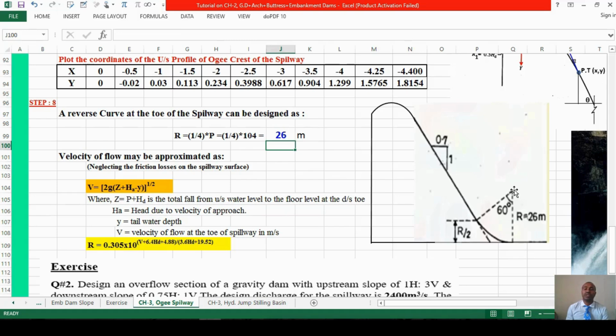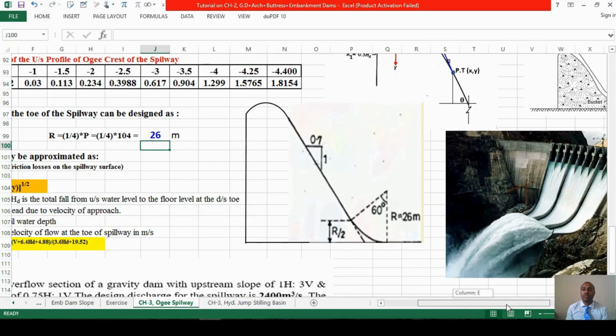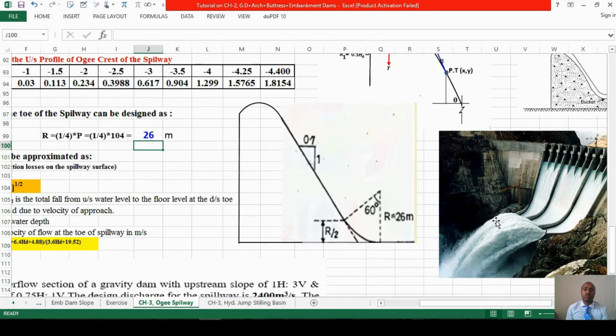So a 26-meter radius with a 60-degree central angle, you can provide this curve to guide the flow into the air so that the downstream river region will not be damaged. To protect against scouring and erosion, you flip the flow into the air,